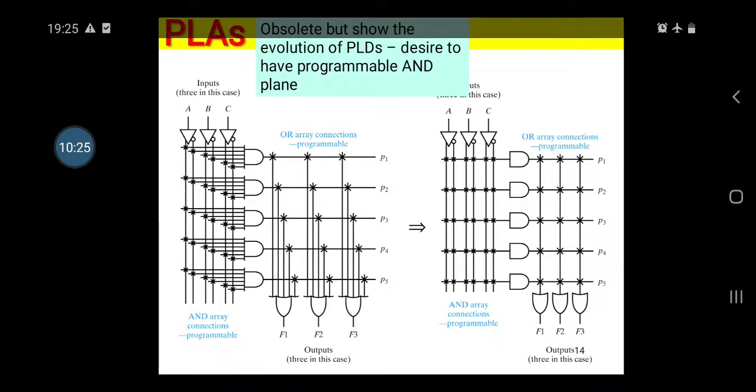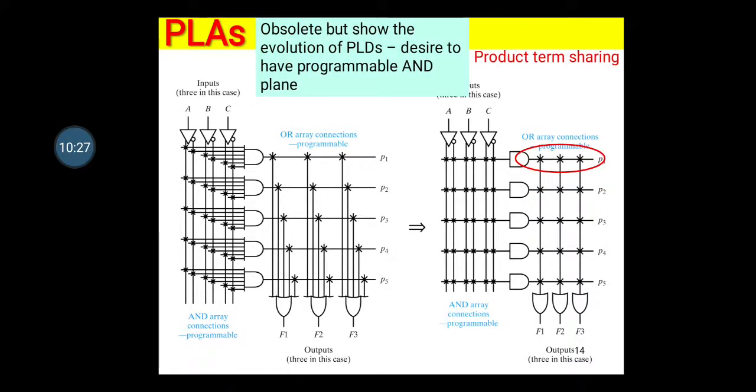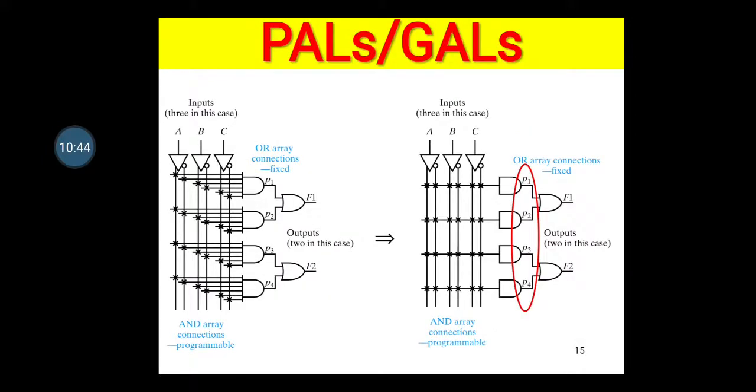Then next is PLAs. So AND gate connections and OR gate connections are shown, and the buffers are shown. There are 3 buffers, ABC input buffers. So here you can connect the inputs. PAL and GAL connections are also shown, and here you can see the AND gate array and OR gate array connections with the input buffers ABC.